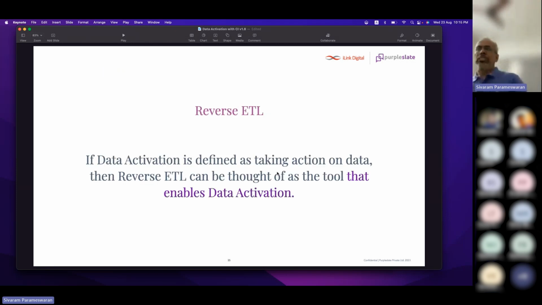One common technique used to achieve this is called reverse ETL. I don't know if you've heard about it. While ETL was about bringing in the data, which is extract, transform, and load, bringing data from the source systems into the warehouse, reverse ETL is basically the reverse process. How do we take the data from the warehouse and feed it back to the business applications? That's what we did even in these examples.